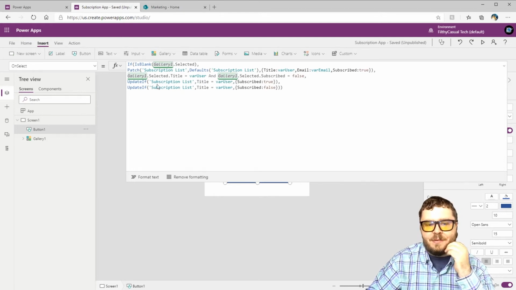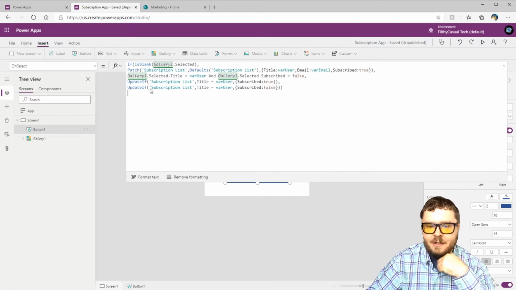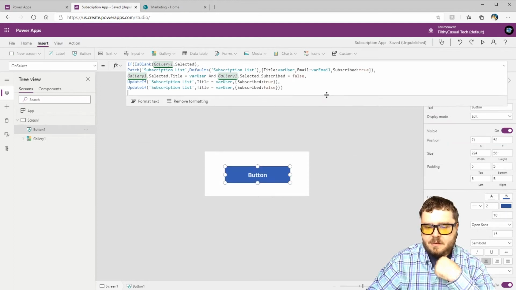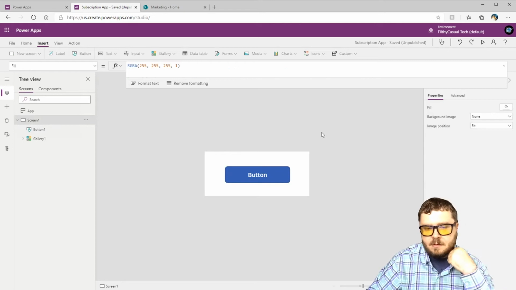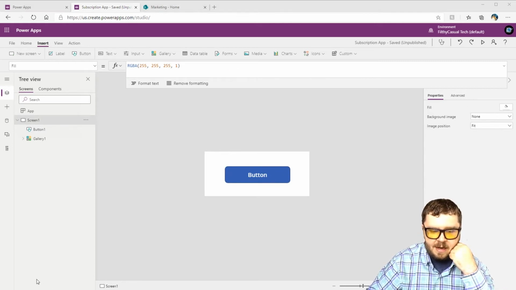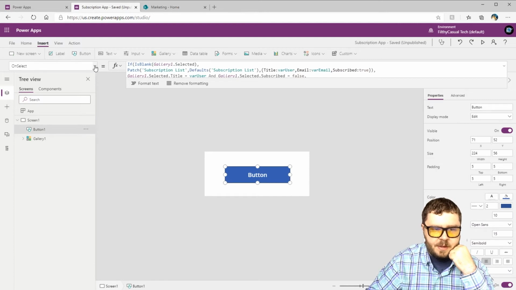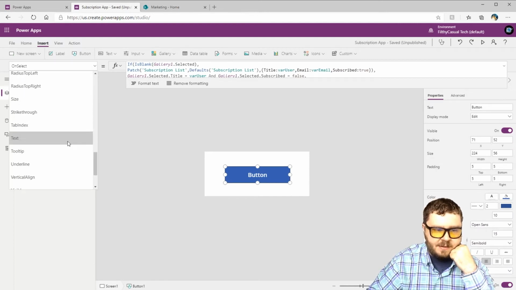And then I also have an update if here, 2 update ifs. In this case, it'll set them to subscribe. If not, then it'll set them to false. So it's good there. And then I have one more little snippet here with an if statement in it. And what this one will do is it will change the text on this button itself. So if I scroll down here to text,